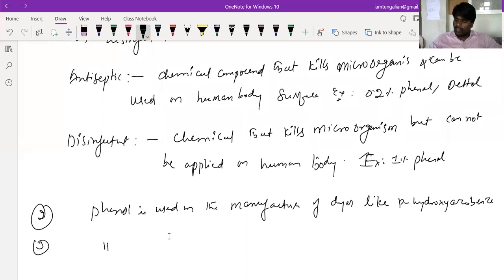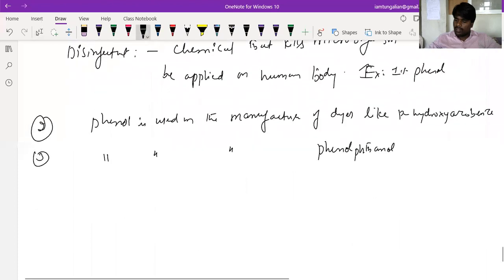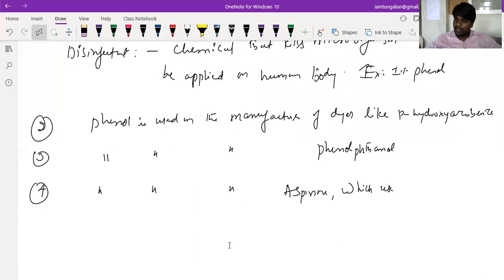Phenol is used in the manufacturing of phenolphthalein, which is used as an indicator. Phenol is used in manufacturing aspirin, beta. Aspirin is used as anti-